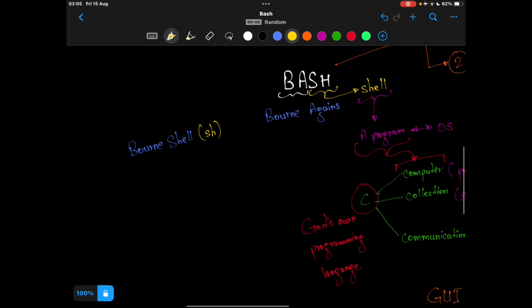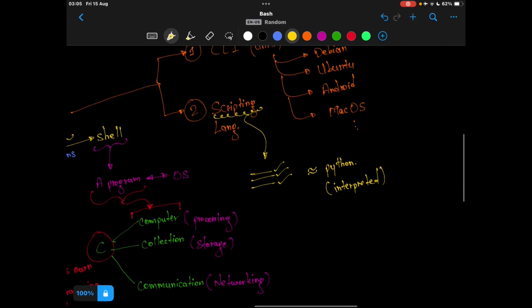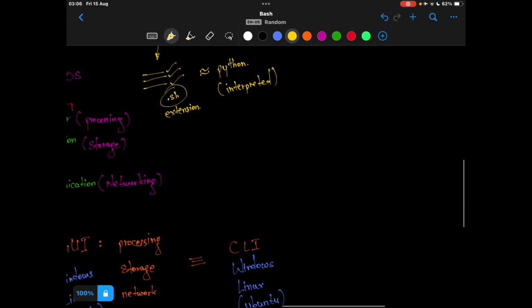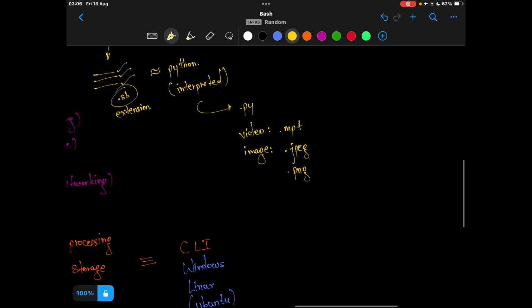The scripts we will write will end with the .sh extension, just as Python code ends with .py, a video file ends with, let us say, .mp4, and image files have extensions like JPEG or PNG.